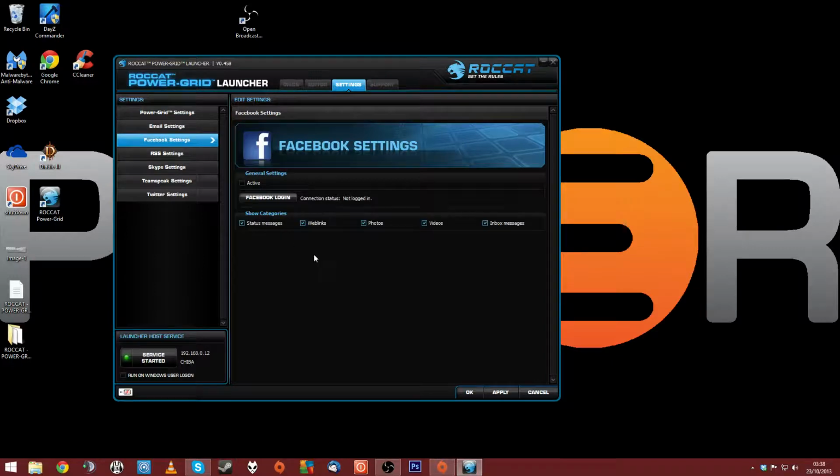You can have information from Facebook. I believe this may be some specifics. So this may be things within certain circles, or within certain, not circles, that's Google Plus. Within certain friends that you have decided to make important to you on Facebook. So you'll only see information from those people. RSS feeds. You can add all the RSS feeds and you can get the up-to-date information from the key RSS feeds that you want to see,